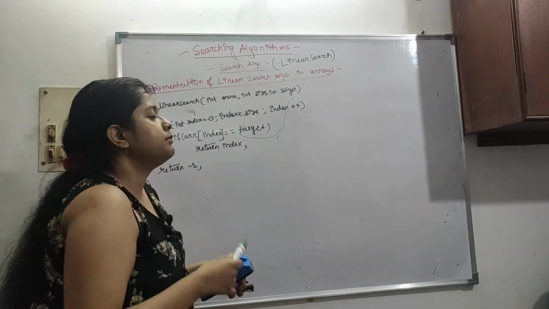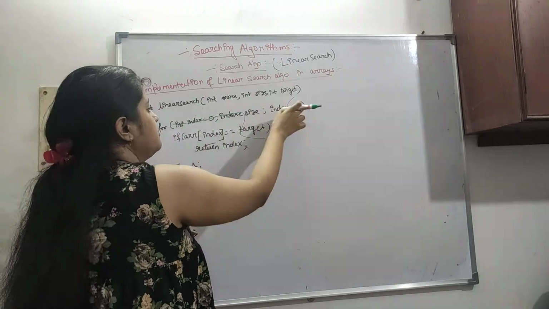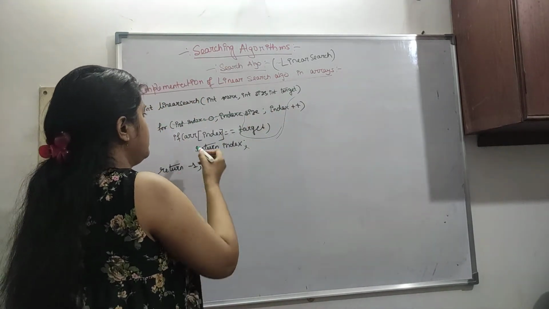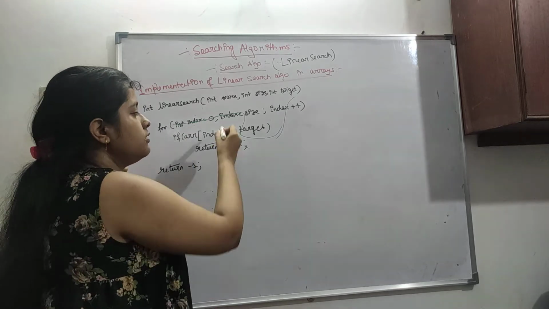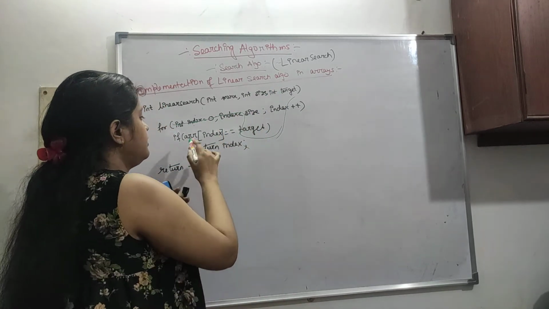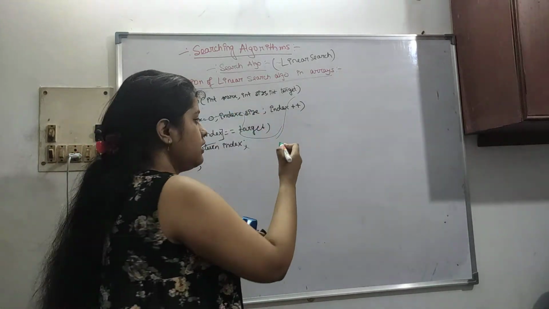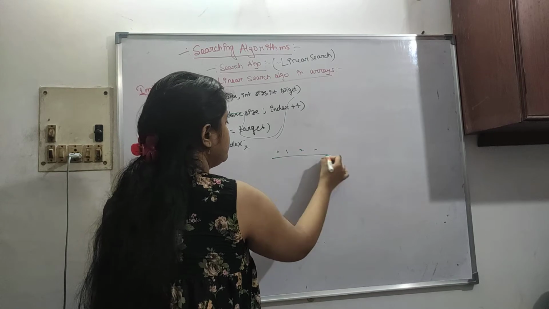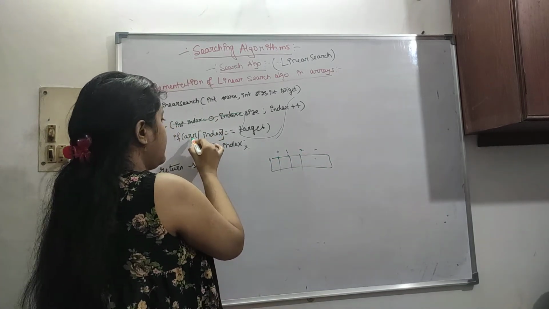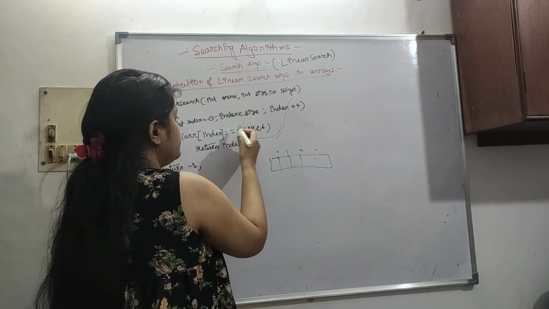I hope you remember how a for loop works. The plus plus, the increment or decrement part, works later, after doing the inside part. So index is 0, index is less than size. You have to check the array at that index. Index is just the indices, 0, 1, 2, 3 like this, the array indices. But we have to check the actual array value, so the array value is compared to the target.